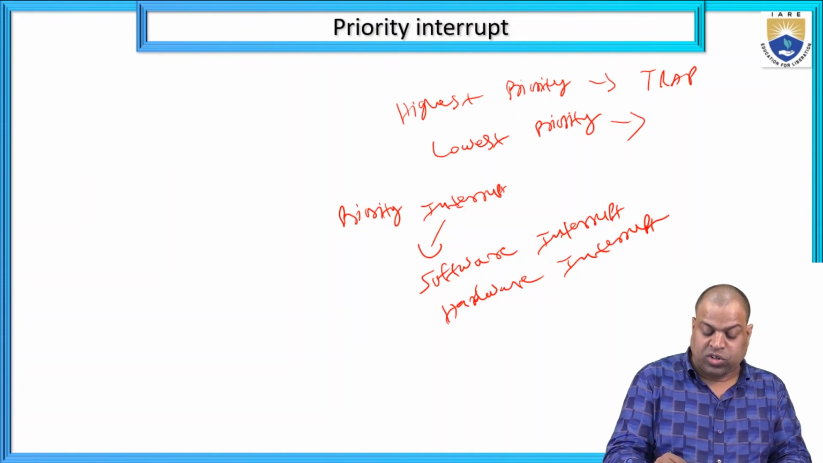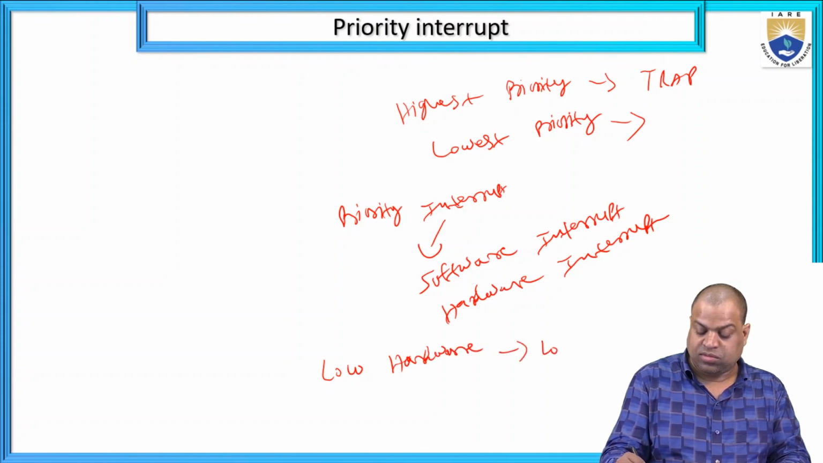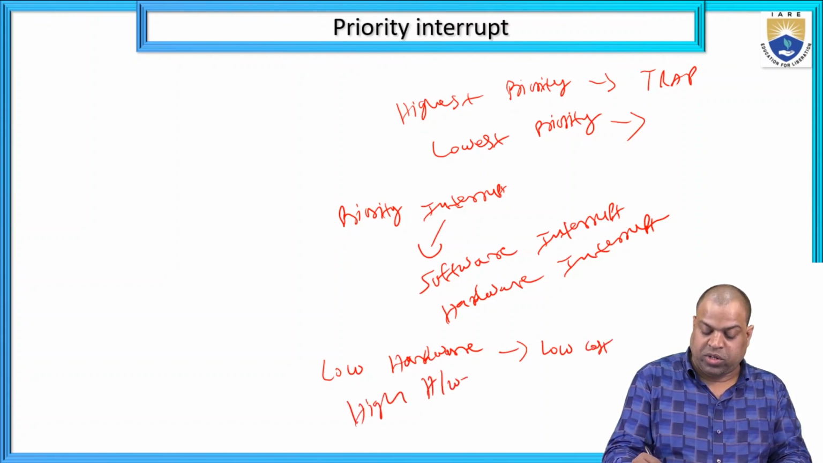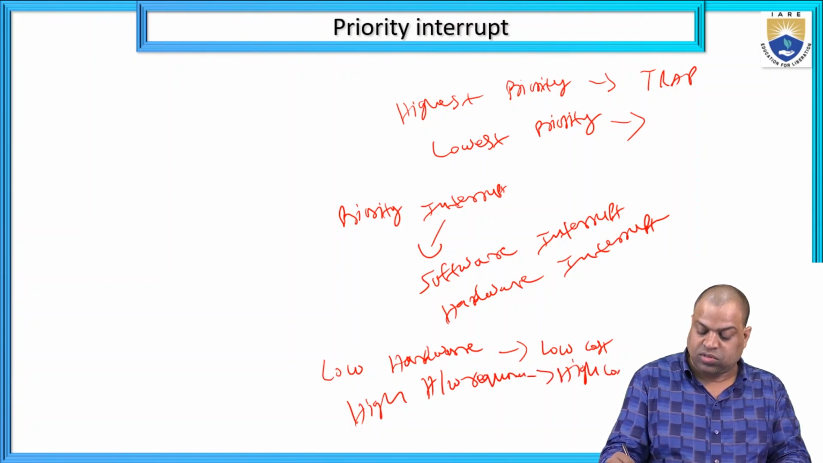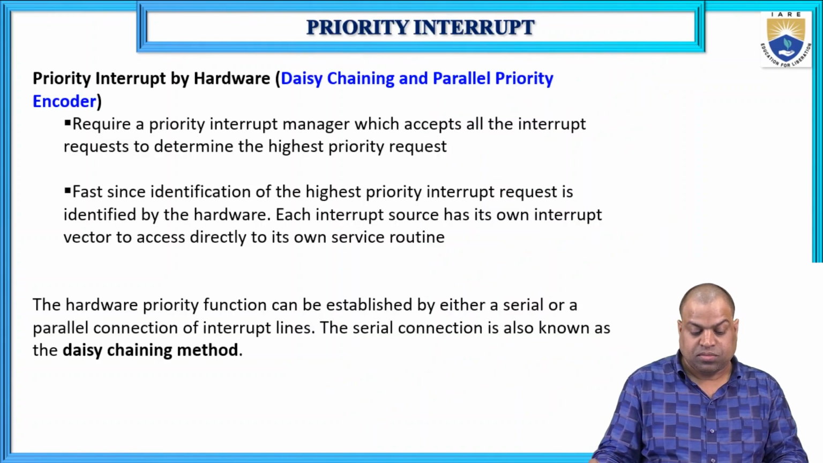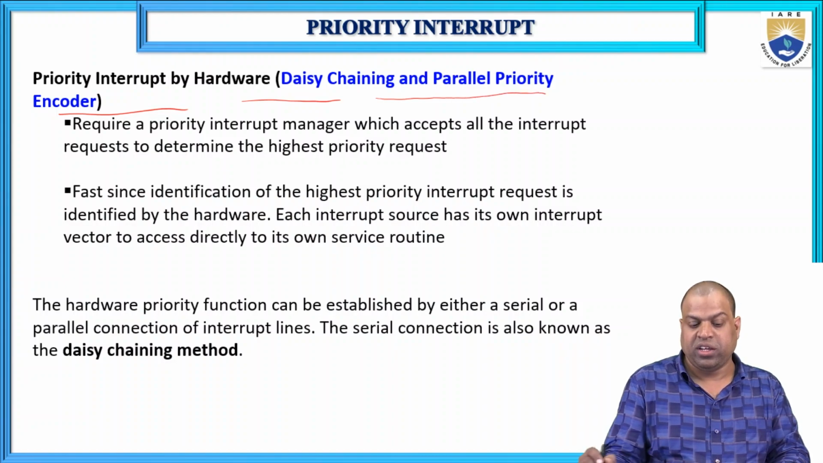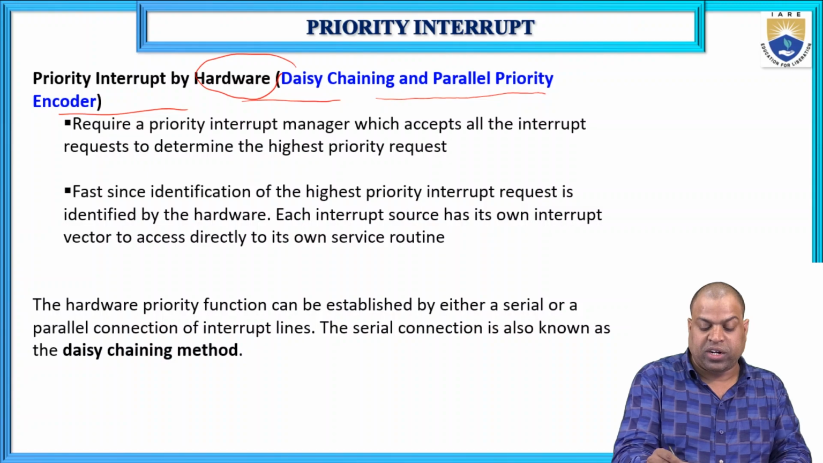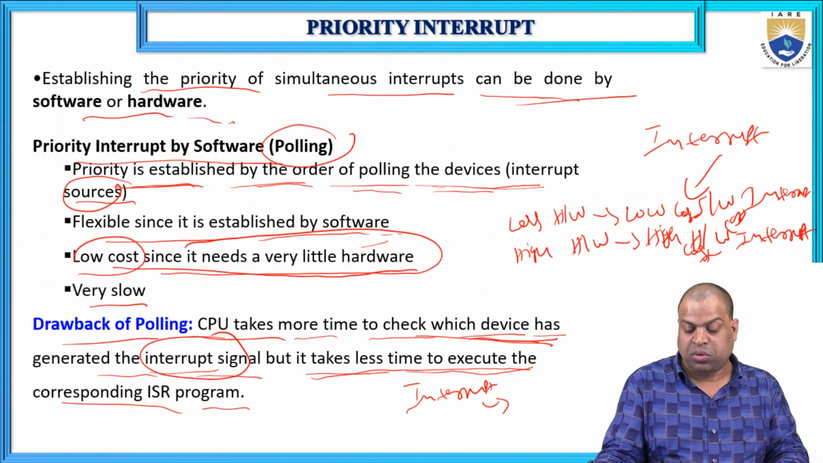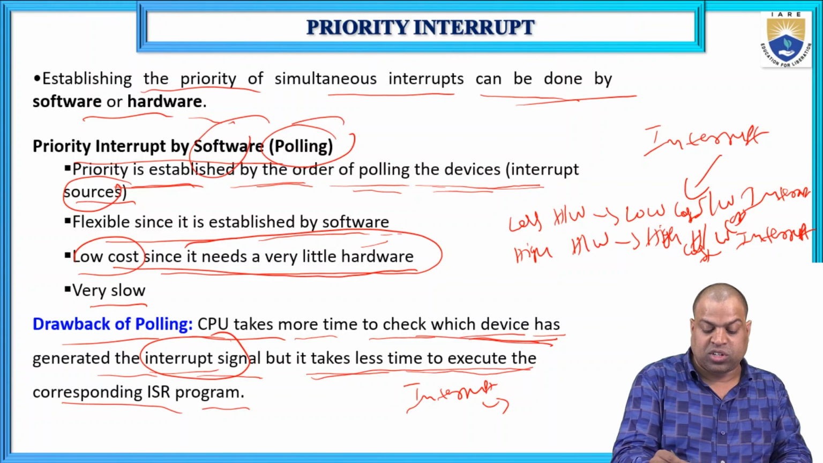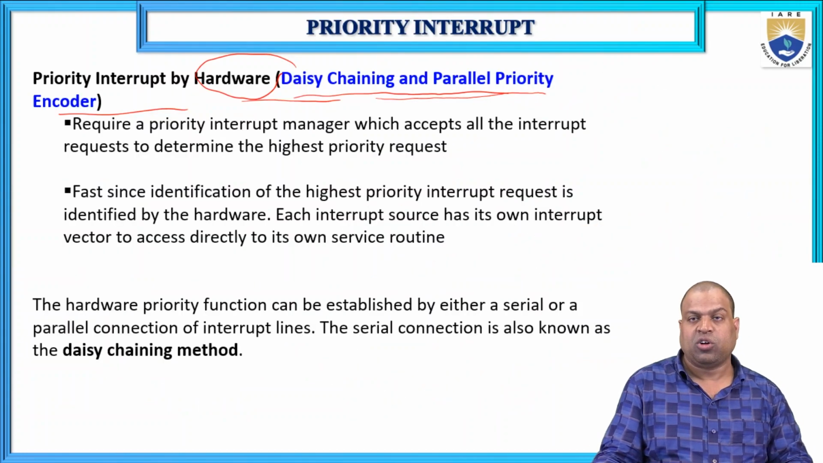Suppose I need a low hardware device, I need low hardware. High hardware requirement means high cost. So the priority interrupt by hardware is daisy chaining and parallel priority encoder. When I go for the hardware priority, that is daisy chaining and parallel priority. Here I go for the software interrupt, that is polling, and here I take the hardware, that is daisy